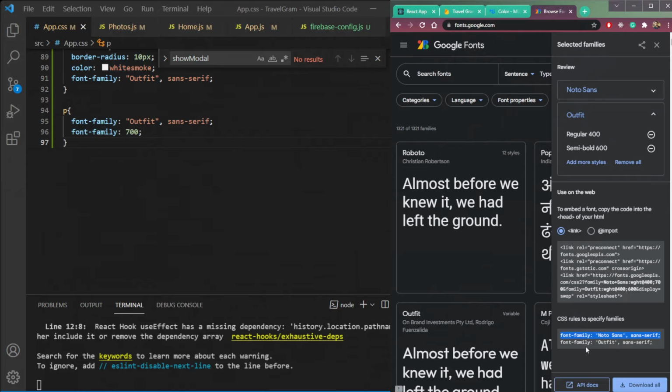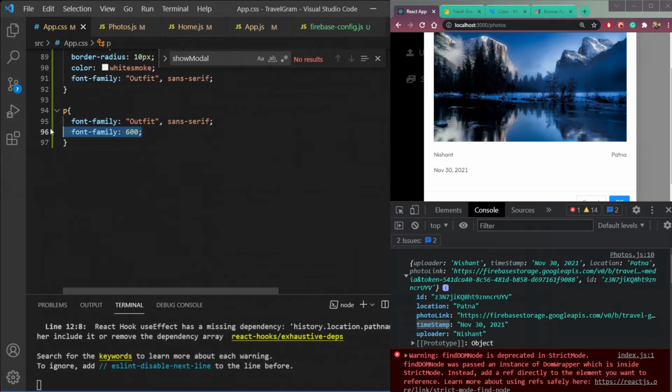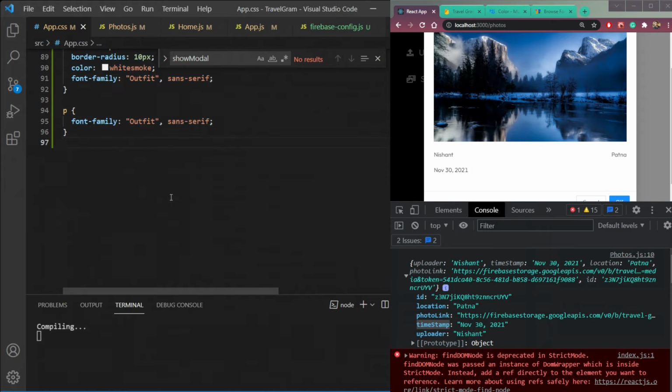So outfit is 400 regular and semi bold 600. So if we make it 600, it's not working. So let's leave it, because it's just a simple styling. You can style it if you wish.